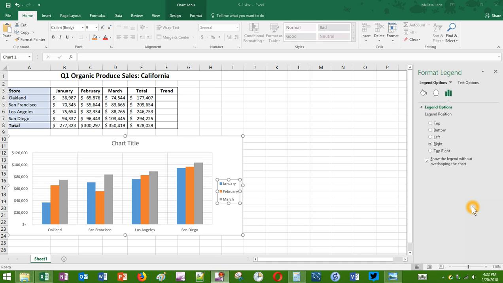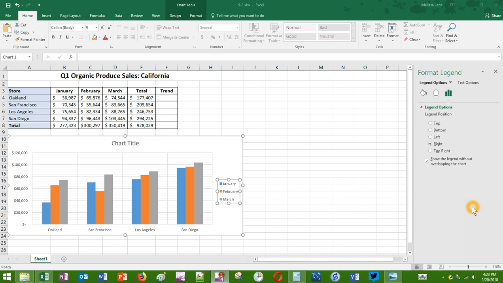So we just talked about chart elements. That's the chart title, the value axis title, the horizontal axis title, the legend. Okay, so those are objects within our chart. So basically a chart layout is a predefined arrangement of those chart elements. And then we have a chart style, which is a predefined set of chart colors and fills. So that's kind of akin to a theme. And if we change the theme, then it changes those colors and those styles depending on the style that we